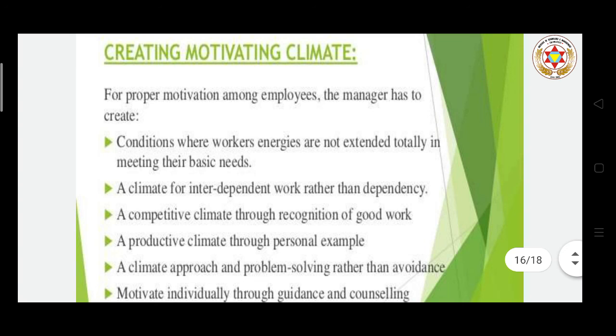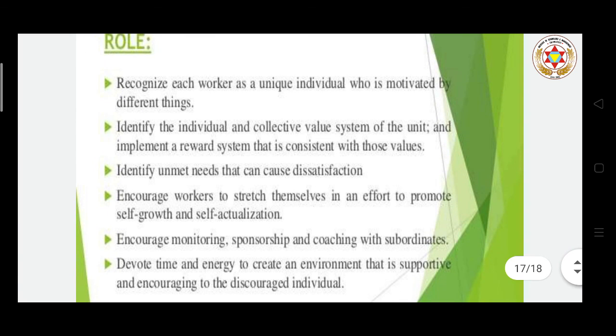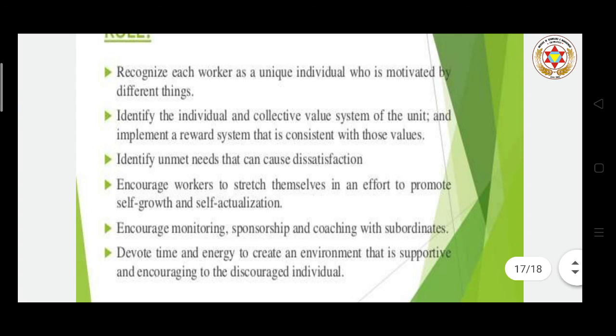Motivate individually through guidance and counseling. So a manager can play a role in creating a motivational environment by recognizing each worker as a unique individual who is motivated by different things. Identify the individual and collective value system of the unit, and implement a reward system that is consistent with those values. Identify unmet needs that can cause dissatisfaction, or encourage workers to stretch themselves to promote self growth and self actualization, or encourage sponsorship and coaching with subordinates, or devote time and energy to create a climate that is supportive and encouraging to the